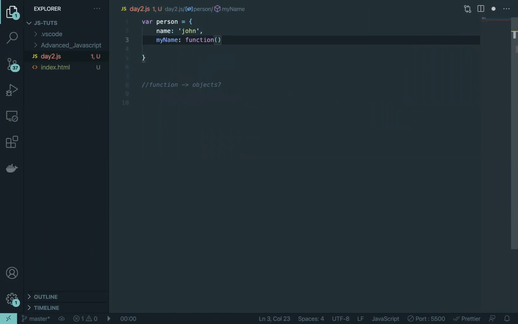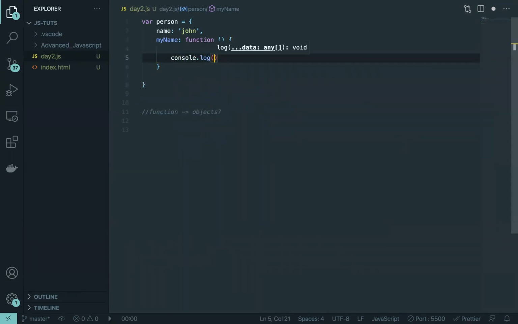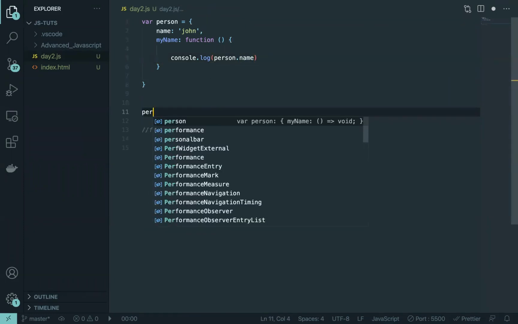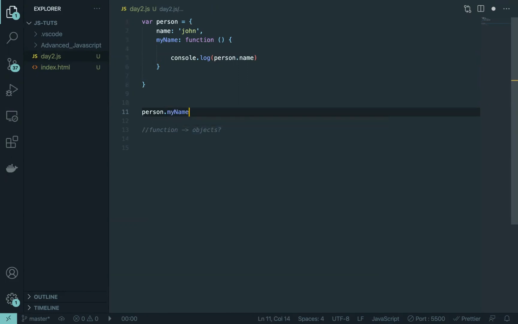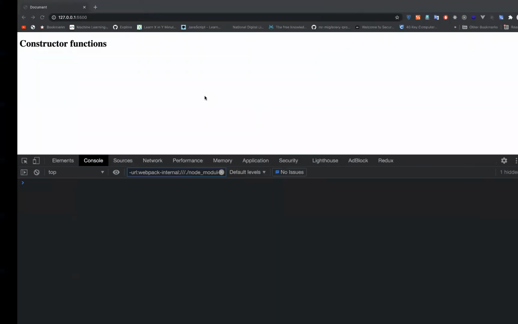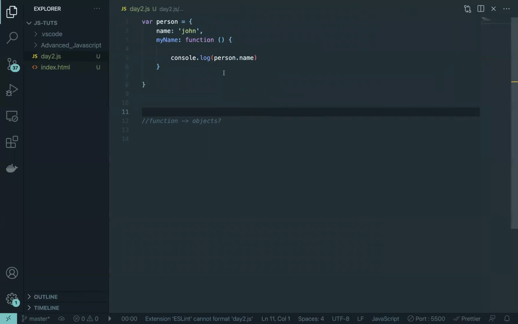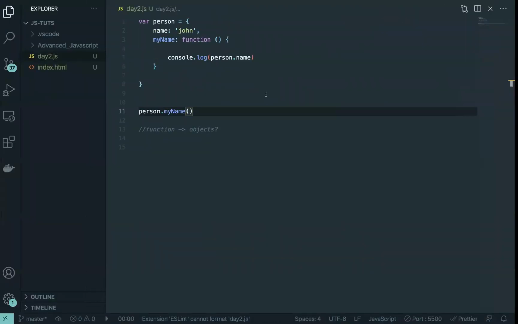All right, it's called a method. When you write a function inside of an object, it's called a function method. And the way I'm accessing it now is person dot name, and the way I can invoke it is person dot myName. If I run it, I should be able to get the value as John.